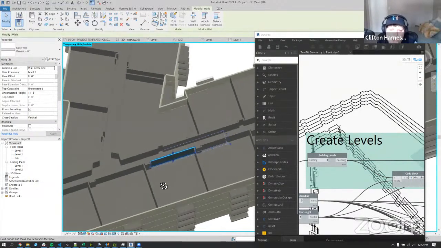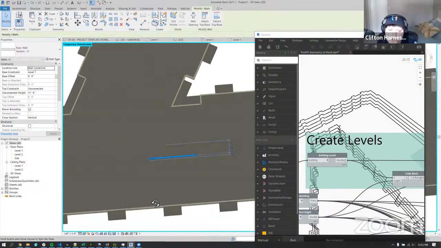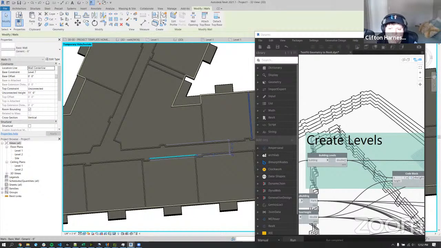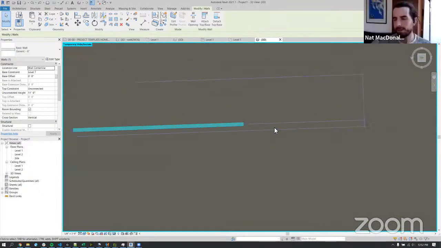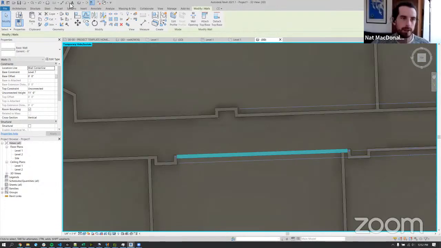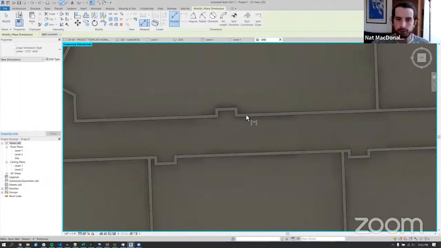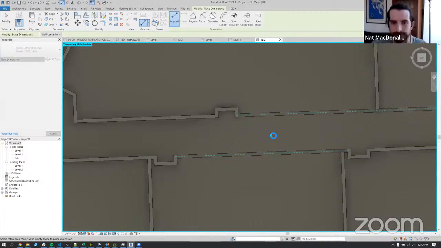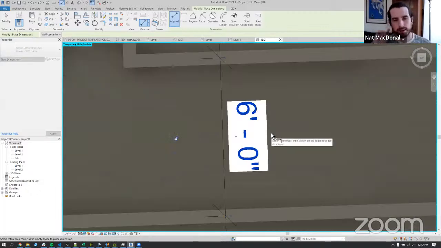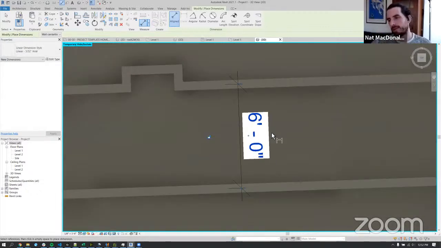my goal would be to have a 6-foot clear corridor, and if it's drawn on center line, it's probably not clear. That is very true. Actually, I was running into that. See, that's probably going to be 6 foot. Yeah, that's 6 foot, if you can see that. I was running into that with the